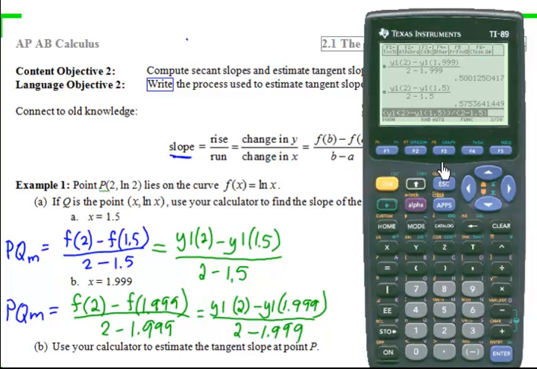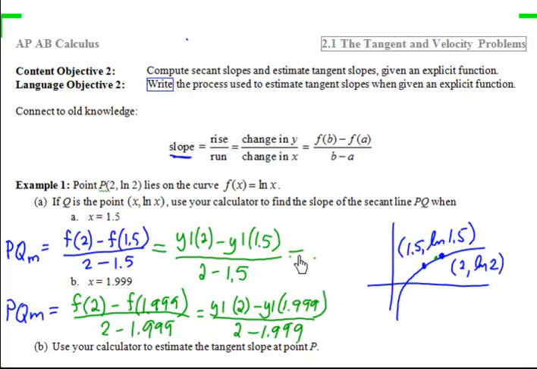So now if we want to compute this one, what's nice about the 89 is that we can delete and just enter in the 1.999. When you hit enter, this entry panel here will retain whatever you had in there before. So if it's something you want to use, you don't have to do that second answer or second enter like you did on your 84s. It's already there. So now again, we'll hit enter, and we see here that we're at 0.5001. So back on our notes, we can see that this one was 0.575 and this one was